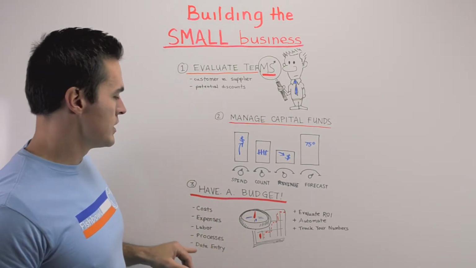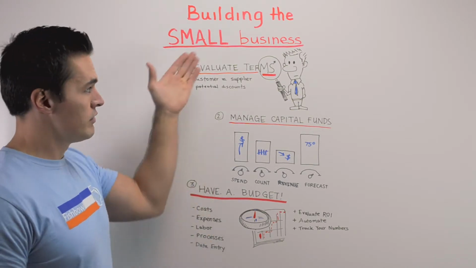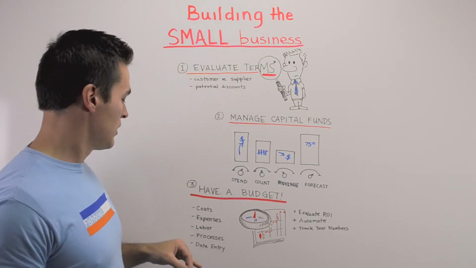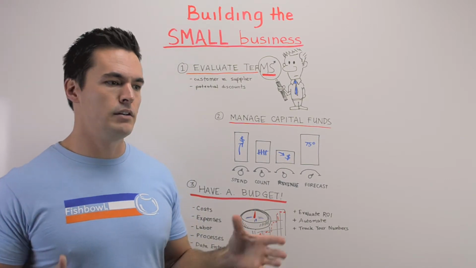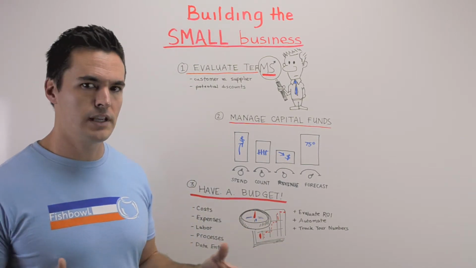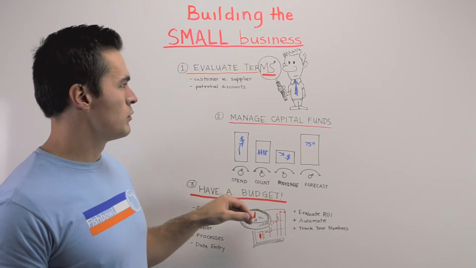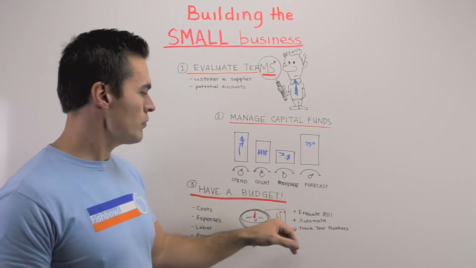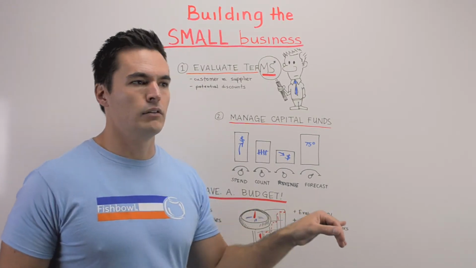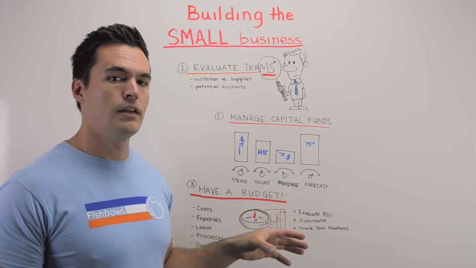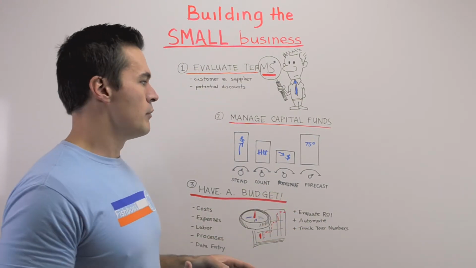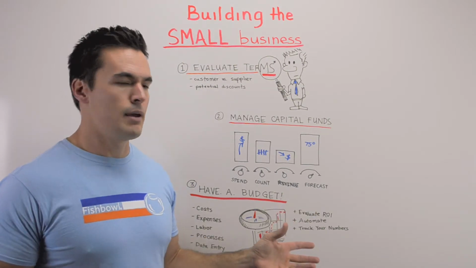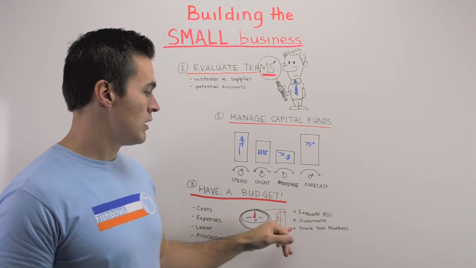What are your processes? How long does it take for all of these things to happen on your end? What about data entry? How much time do you spend on double or triple data entry? All this, again, adds up. So how can we work on this? Well, we can evaluate what our return on investment is for everything and every product, material, whatever we're using in our business. What are we getting out of that money that we're spending?